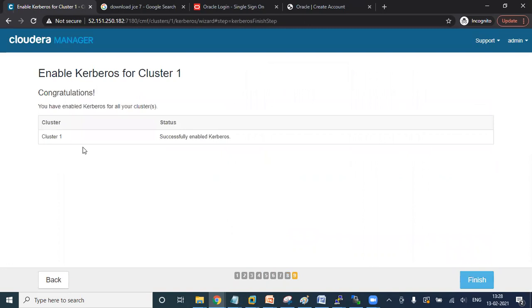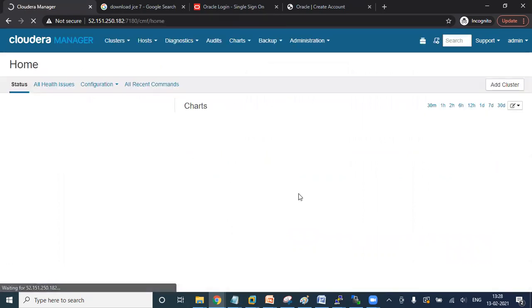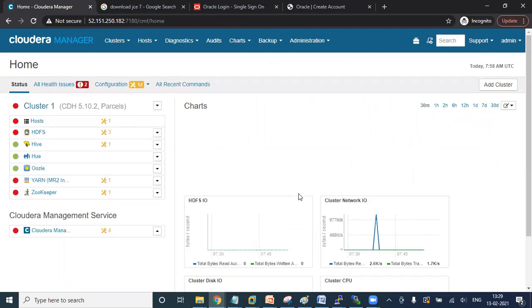Continue. Successfully enabled Kerberos. Finish.